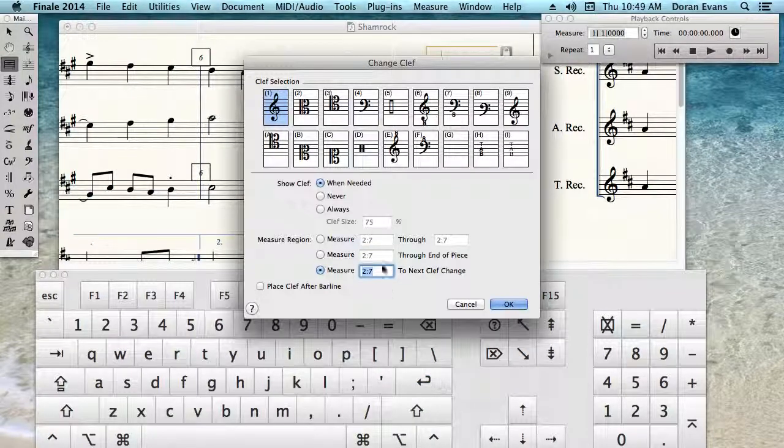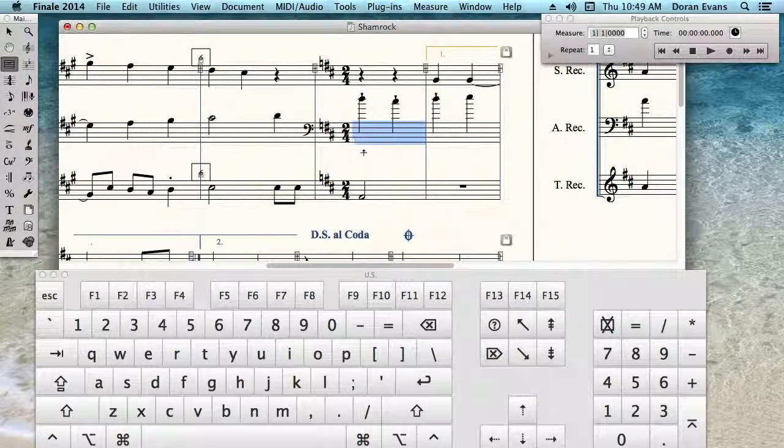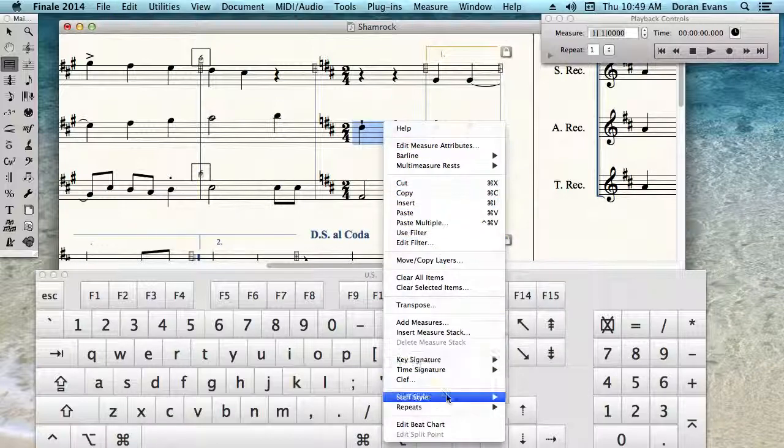I'm going to change the clef right there just to put it to the bass clef, and immediately you see the bass clef comes in and the transposition, it writes the pitch accordingly. Alright, okay, we did